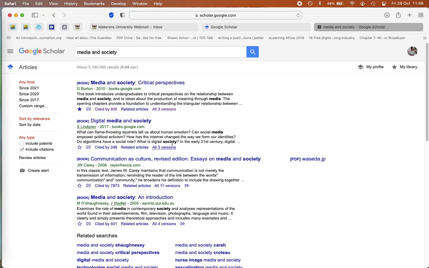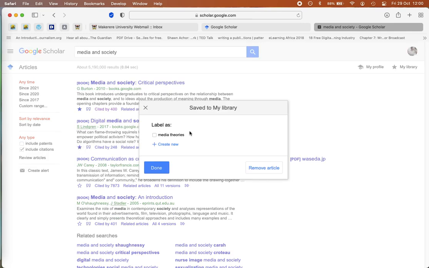We'll look at the first result that we have over here, which is a book, as you can see. Now, there are a few things that you can do. Okay, let's look at the second one. Digital media and society. It's also a book. But the first thing that I want us to look at here is to save this result in your library by using this star. If you click here, you save it, and you can give it a new name. I'll label it digital media